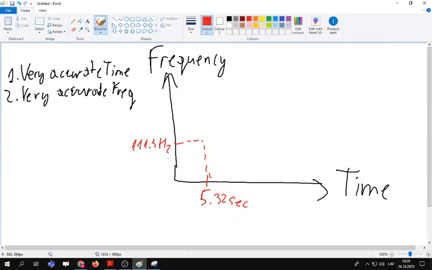However, the problem is that it's impossible to have them both. Yes? So you will have to trade one for another, because you can say, okay, I will determine this time very accurately, but then you will simply say, okay, my frequency is somewhere here, which is not as accurate. Or you can specify frequency very accurately, but you will not be able to tell when exactly that happened. This is actually very similar to the Heisenberg principle in physics, where you have elementary particles moving randomly, yes,